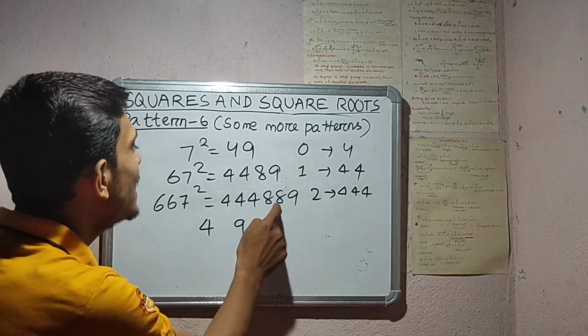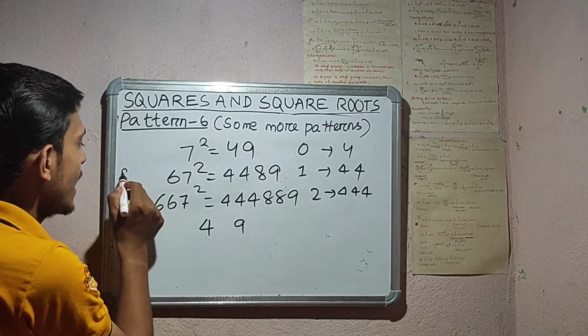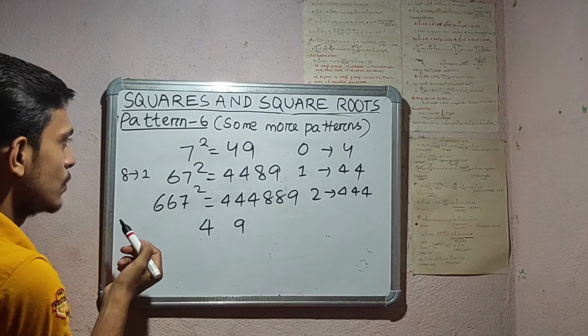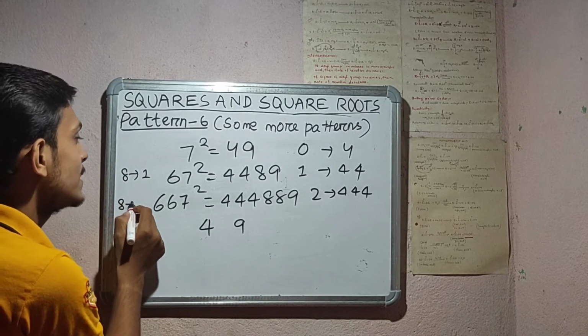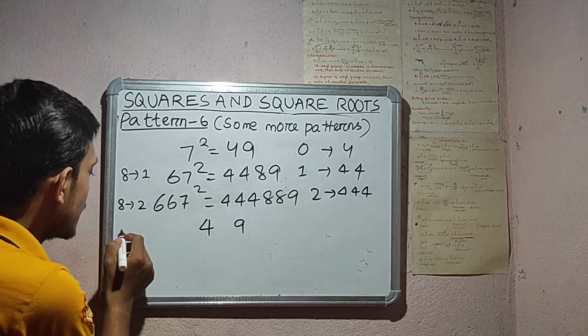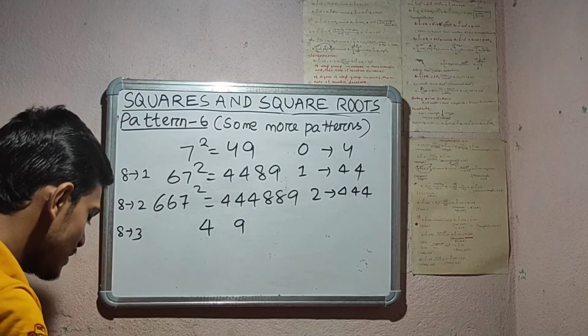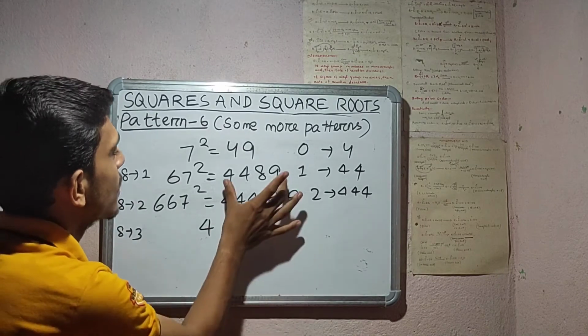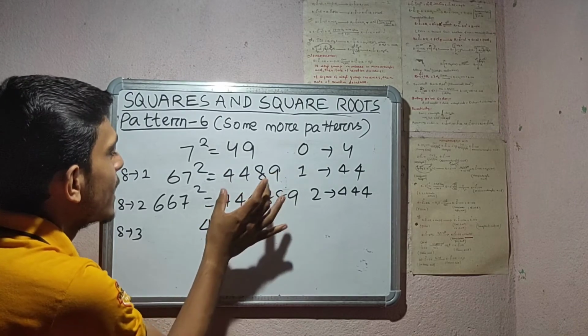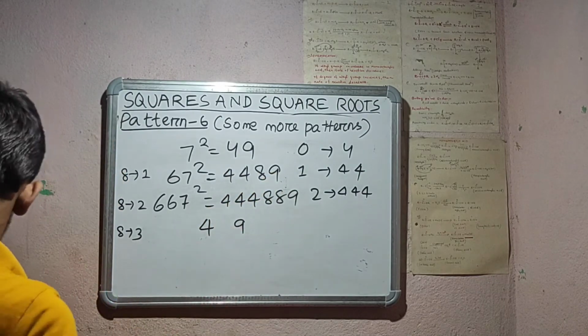In this way, 8 is also increasing. See, here the number of 8 is 1. Yes or no? Here the number of 8 is 2. Then the number of 8 becomes 3. In this way, and 4 and 9 are constant, in the corner side, 4 and 9. Okay, so